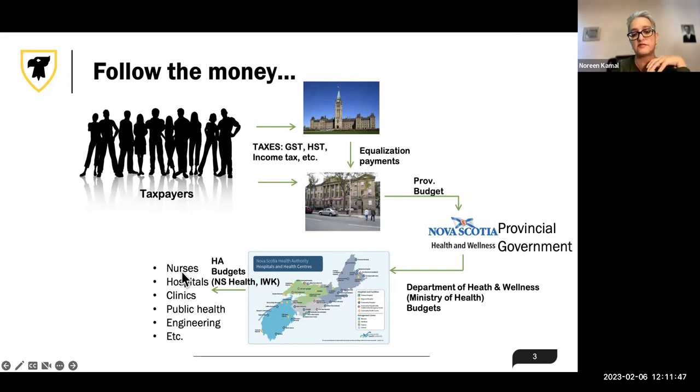and this essentially pays for all the hospitals, and they pay the salaries for the nurses. There's engineering involved in it. There's some public health. There are some clinics, mostly specialty clinics that get funded from the health authority budgets. The actual primary care clinics are